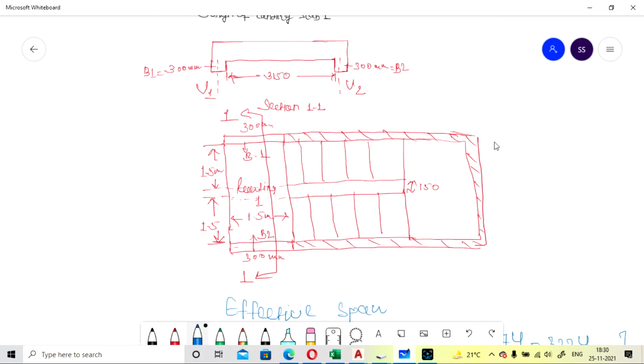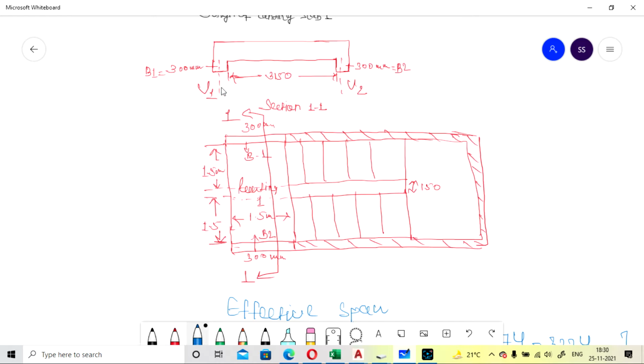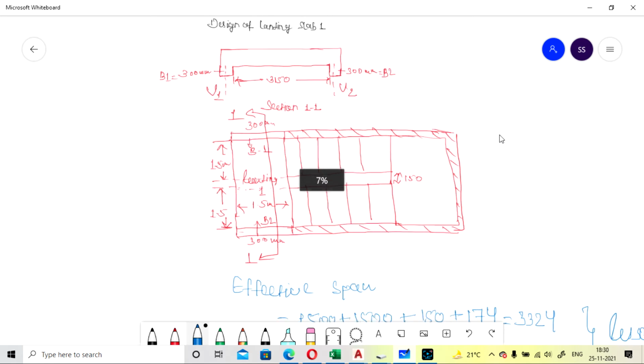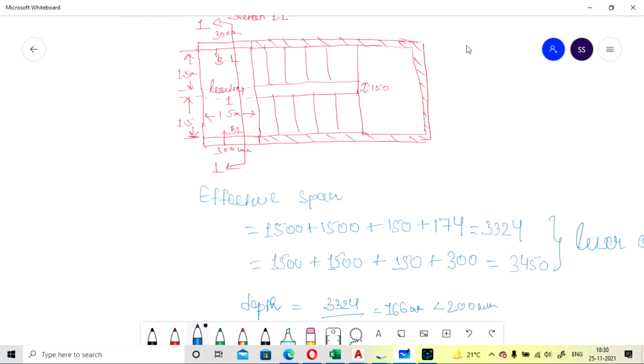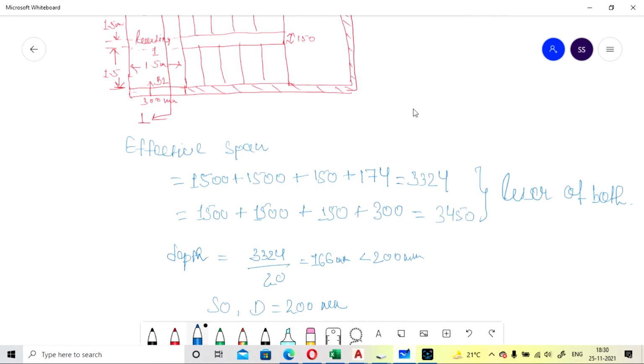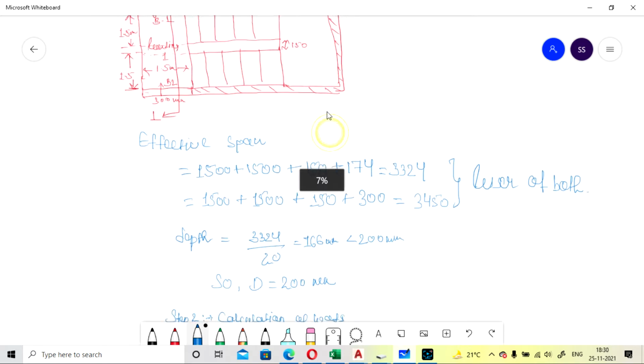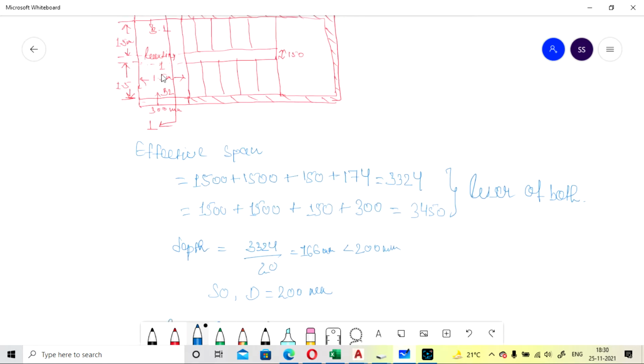Now, for calculating the effective span, we have to design the landing slab S1 like this. It will act like a slab, as a one way.